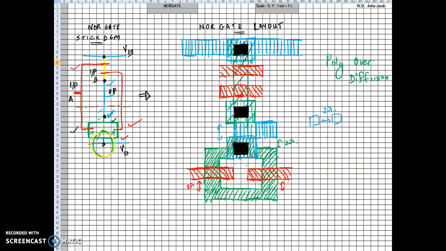How do I decide whether it is possible? If I avoid that neck, what do I have next in line? I have this contact. Okay, so I have to draw a contact right here. Now I'm going to avoid that neck. I'm going to draw the contact right over this diffusion. Okay, I can draw this contact over the diffusion like this, and that should be perfectly fine. Okay, so let's go ahead and do that.